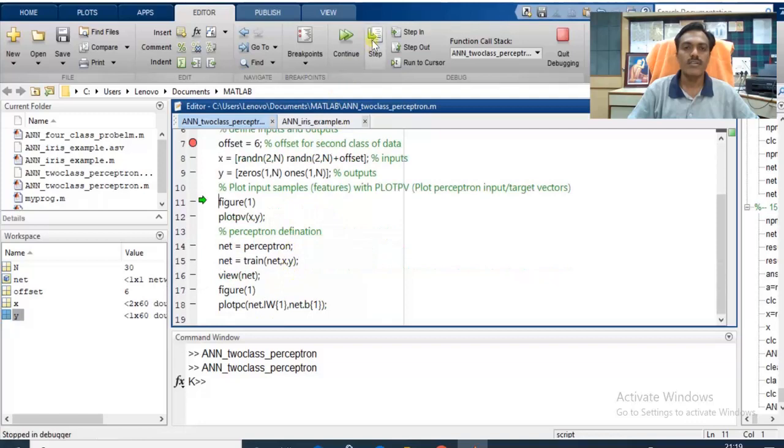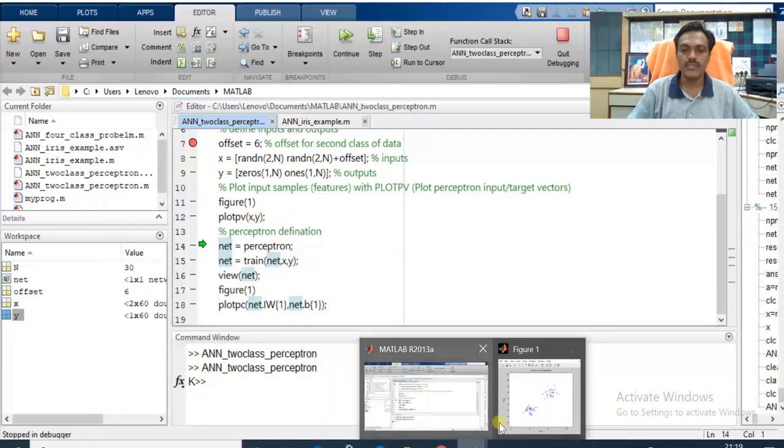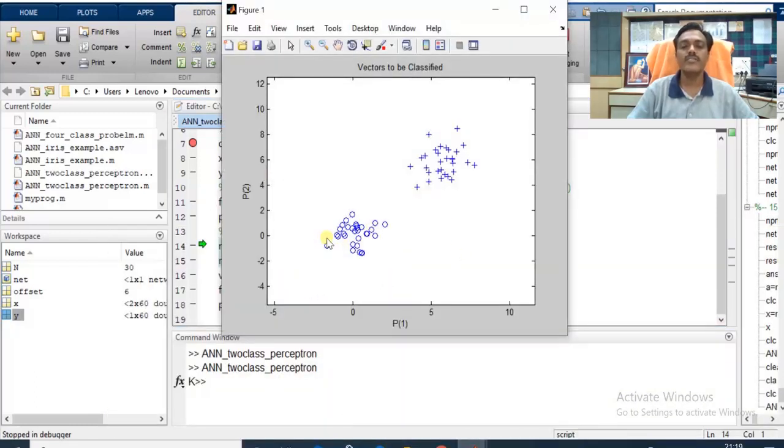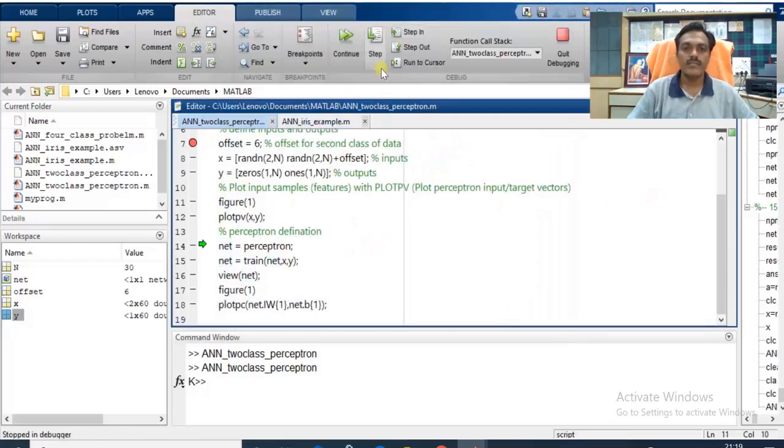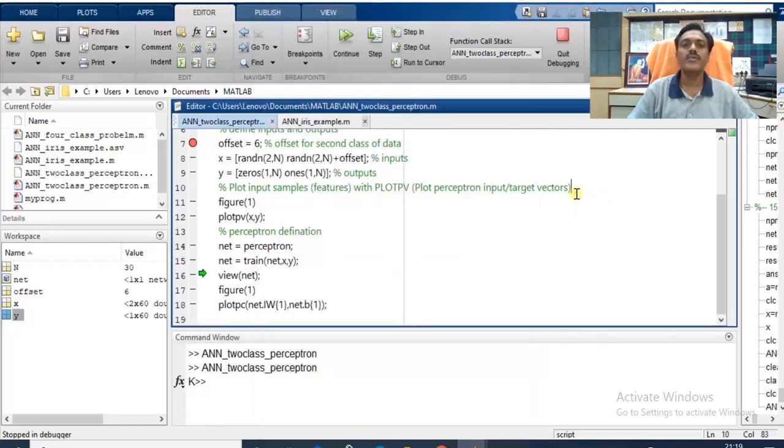So let us plot the graph over here. So this x and y is plotted over here. See, you can easily identify that these 2 classes are linearly separable. There may be a line you can draw over here to classify this data. Let us move ahead. Create the perceptron, train it. Now see, after training, it gives us the result in 2 iterations only because data is very little.